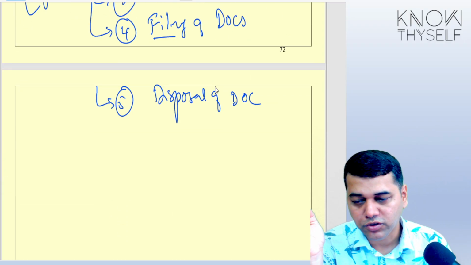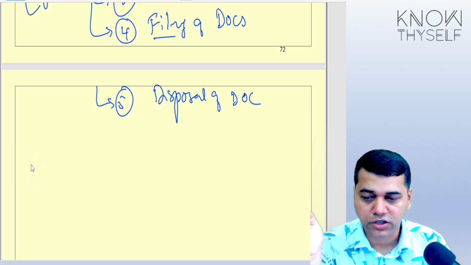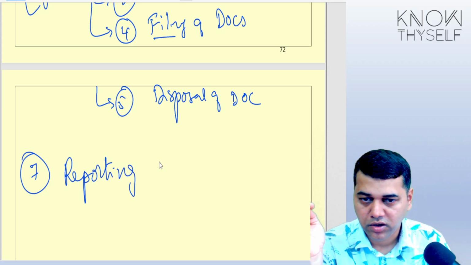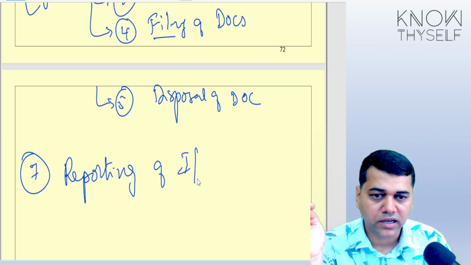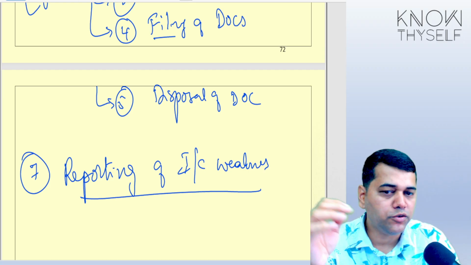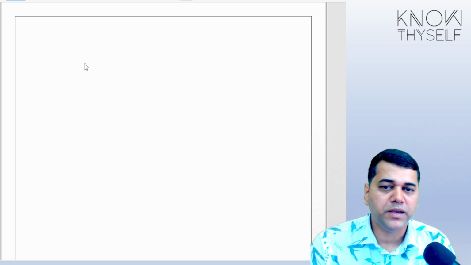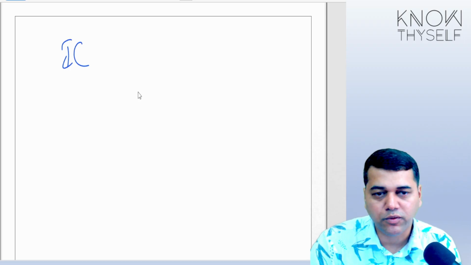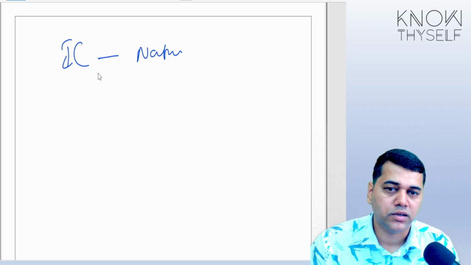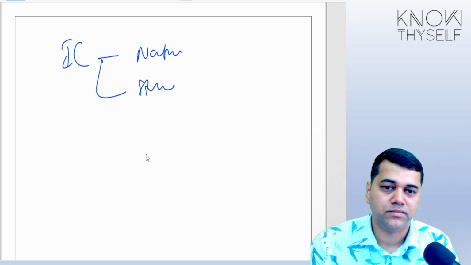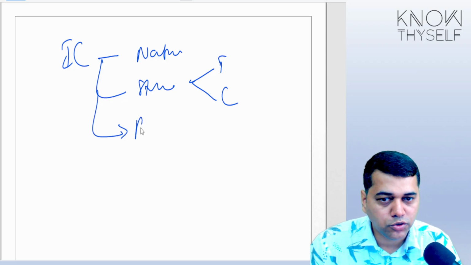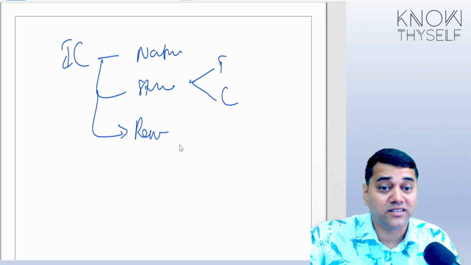Okay, the next thing you need to understand, the next thing you need to write, is reporting of internal control weakness. Okay, you see students here, how your journey started? When you speak about internal control, because risk assessment requires internal control, first you understood what it is, its objective and all. Then you understood the structure, the traditional structure, the COSO structure. Then you did one review of what this organization has done.